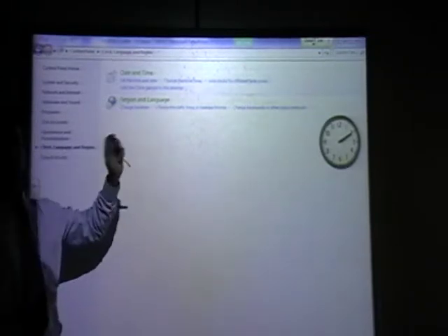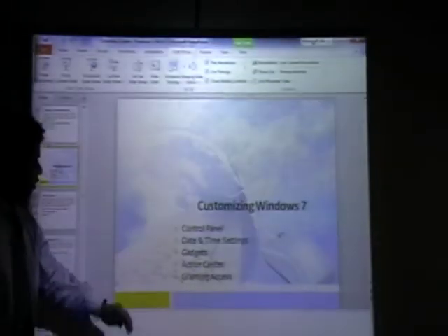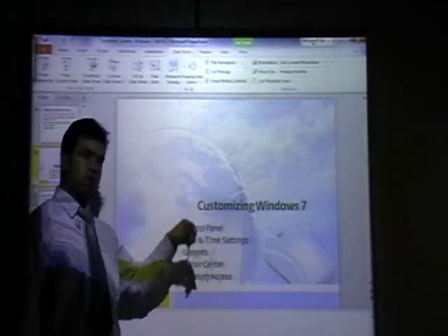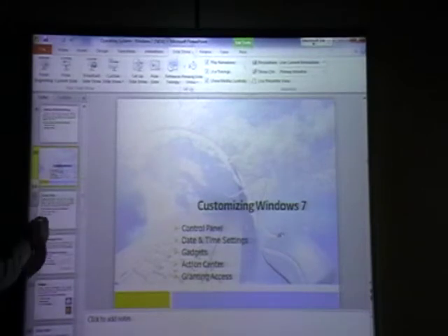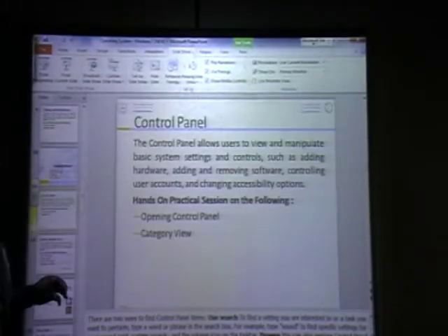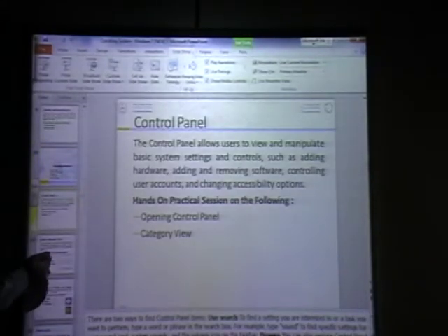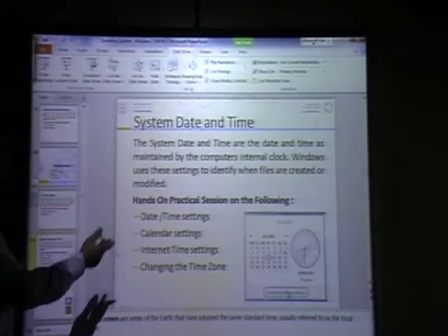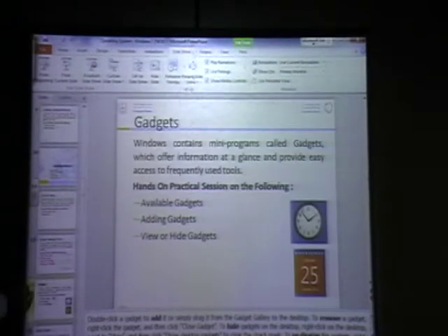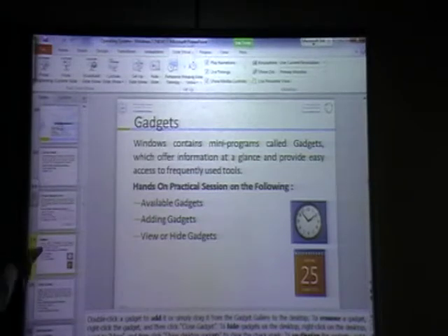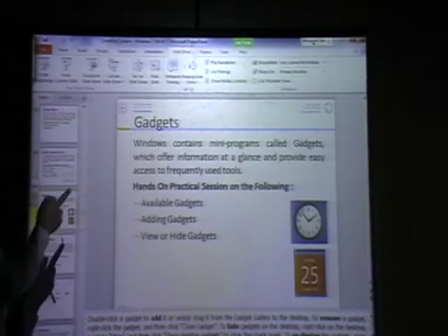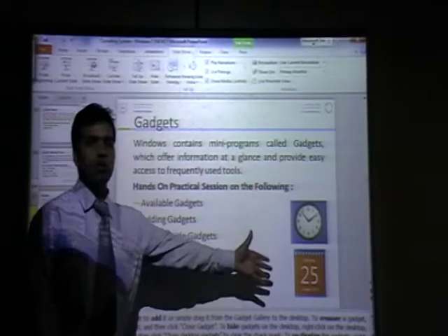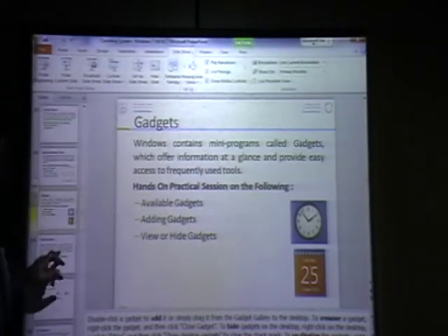And double click on the clock, it will go there. So date and time, gadgets is there. Action center, I will explain to you because it is not working here. Control panel category view is over, date and time changed. Gadgets, you have seen how to add these gadgets, very easy.